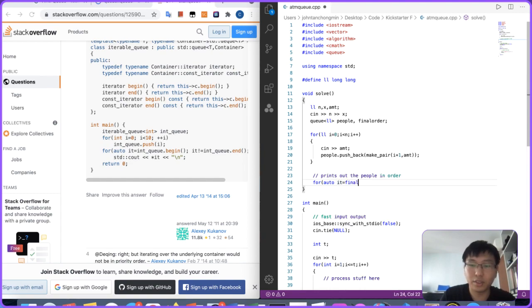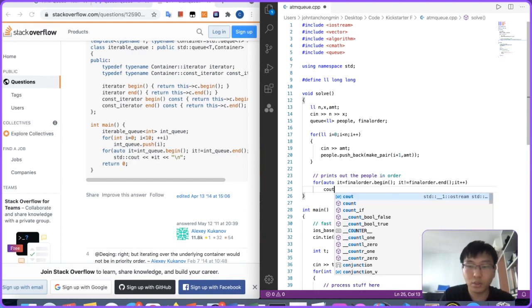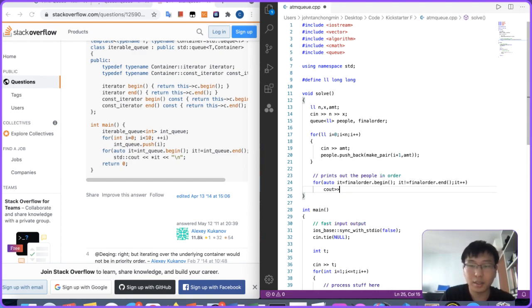We just do final order dot begin. cout. Over here we can cout the, we dereference the iterator, and then